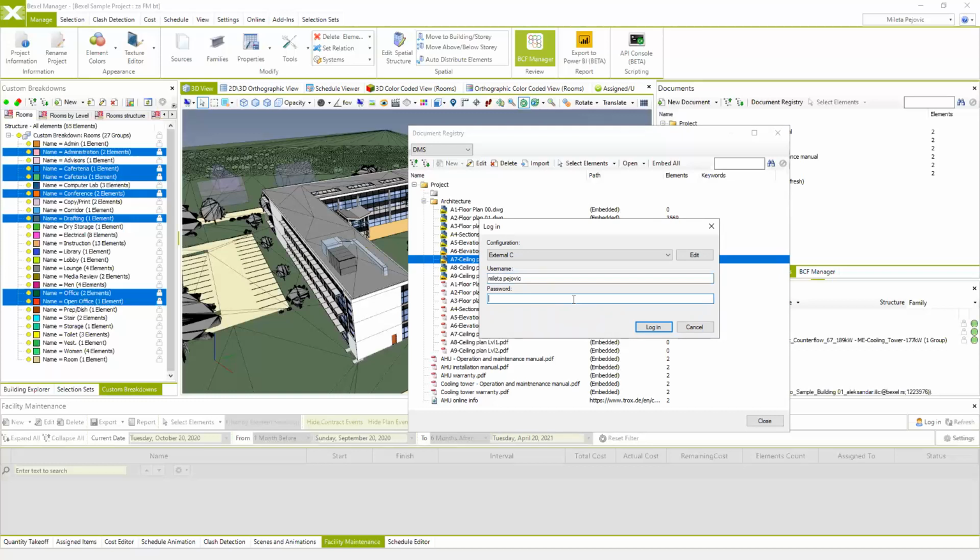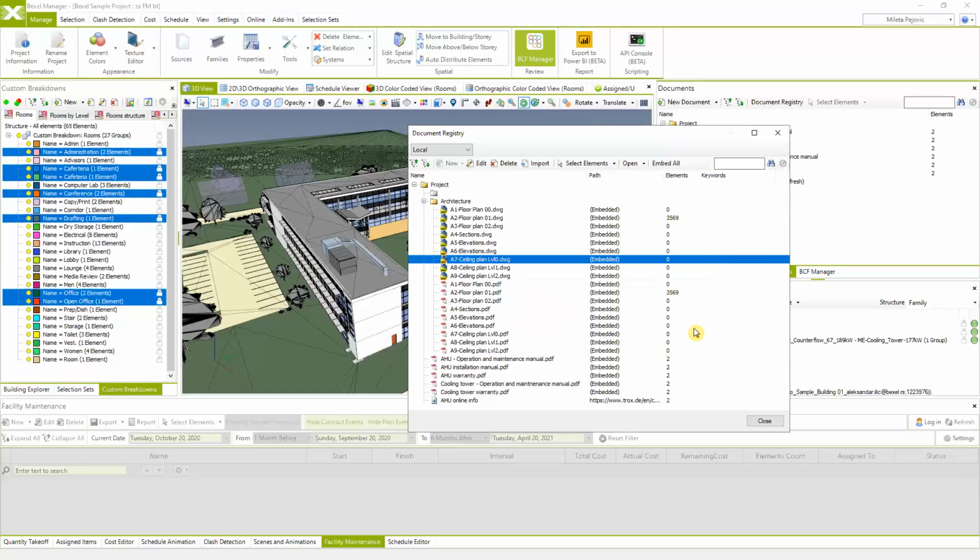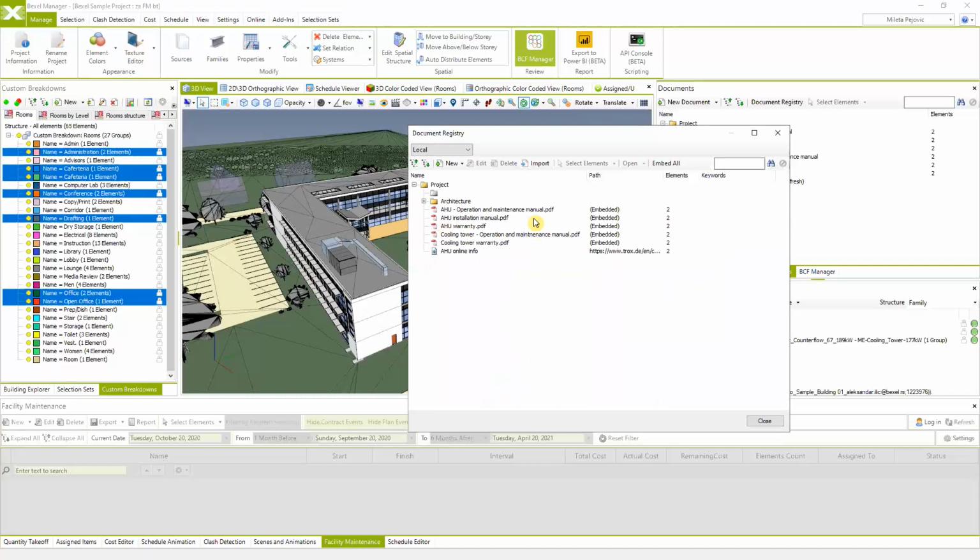And then when you access the server, you'll be able to save and keep all these documents on a web-based or a cloud-based server. So first, for all of you who are using the common version of the Bexel Manager, I will show you how to input some new documents into the Bexel project. First of all, you can use the option import, or you can use the option new document